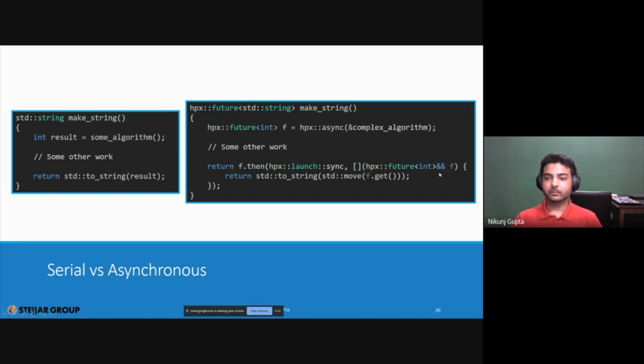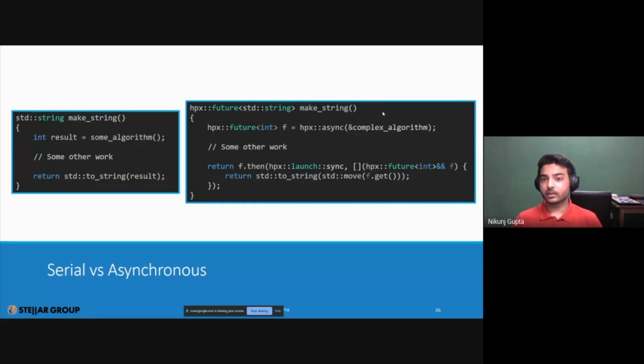Since we take a future as an R value reference, we have an optimization: we can move the result, and finally we will have a string. And since this will return a future, this function itself will no longer be blocking. So whenever you call this function, it will run as a task, it will not block your code, and it will allow the runtime to parallelize things accordingly.